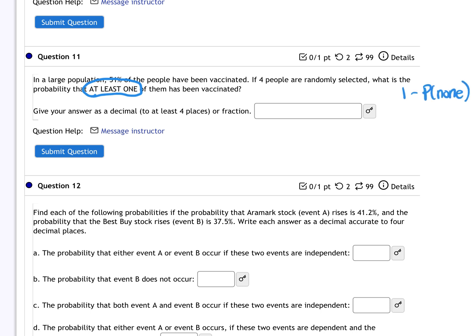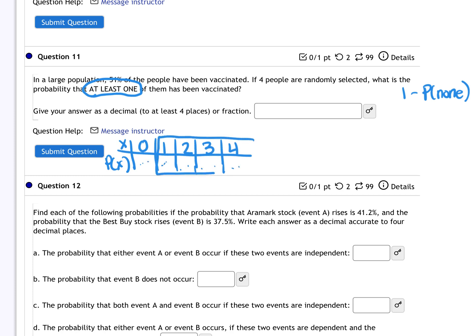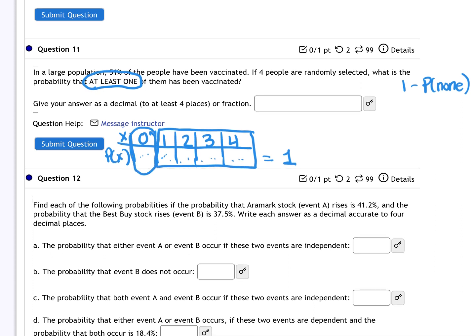Why is that? Well, if I had 4 people, the number vaccinated, that's X. The number vaccinated could be 0, could be 1, could be 2, could be 3, could be 4. Each one of these is going to have a probability associated with it. At least 1 is these 4 added together. All of these added together is the entire universe, so it adds up to 1. So instead of adding these 4 together, I figure out what this is, and I subtract it from the 1